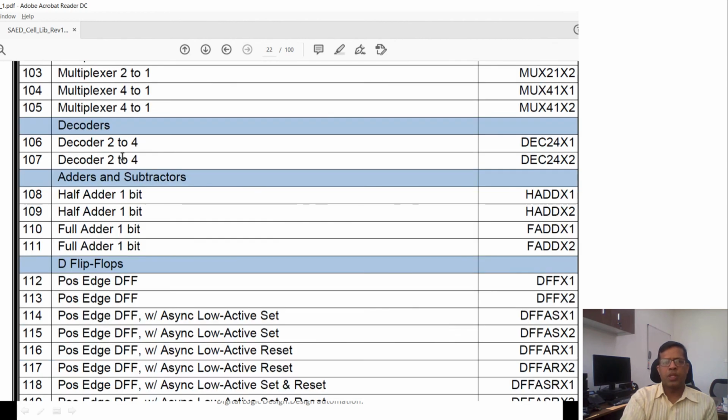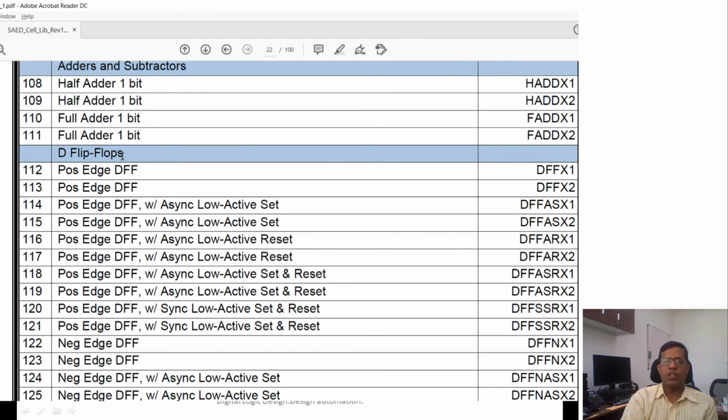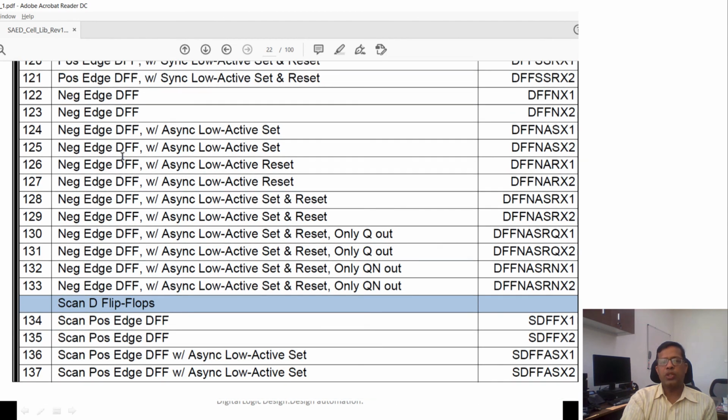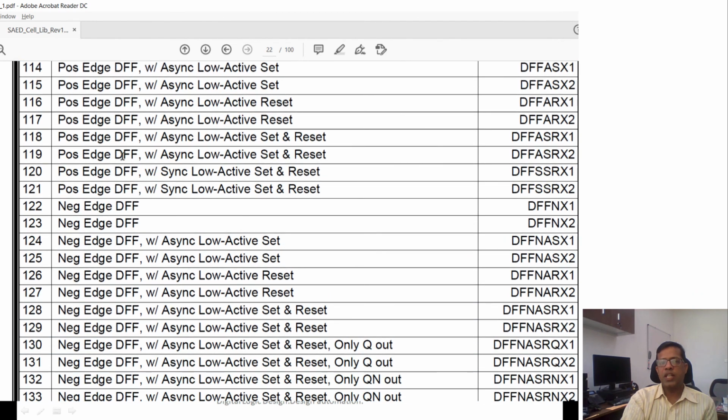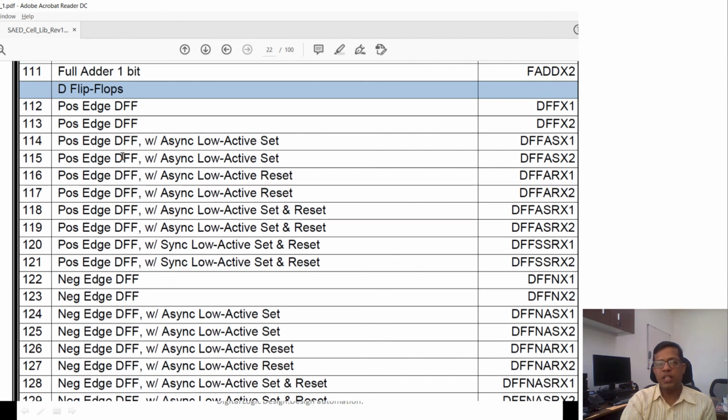which would help in the improvement of performance. Some small decoders, multiplexers, half adders are also there. Now you see only the D flip-flop is present. You will not see JK flip-flop, RS flip-flop or T flip-flop, but D flip-flop is present in almost different variants, like D flip-flop with asynchronous reset, set, as well as reset.